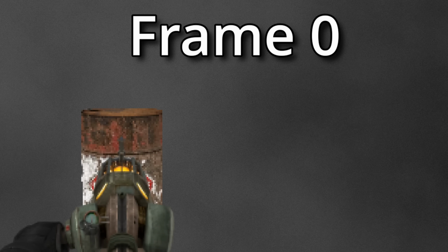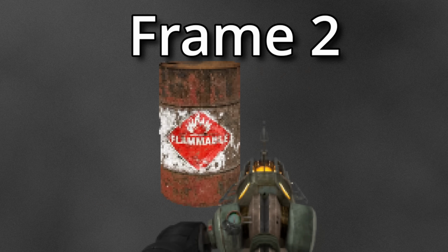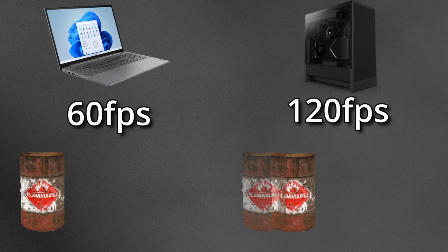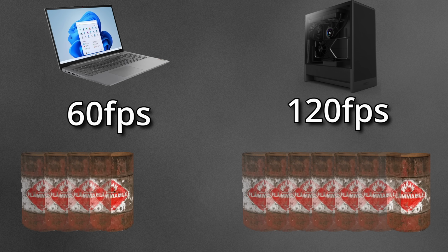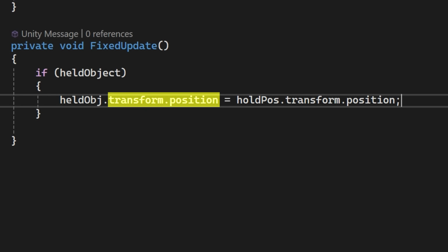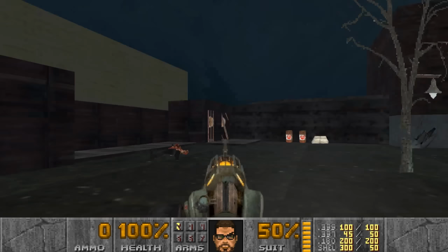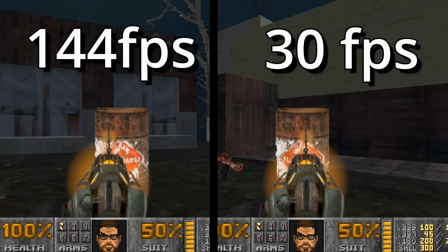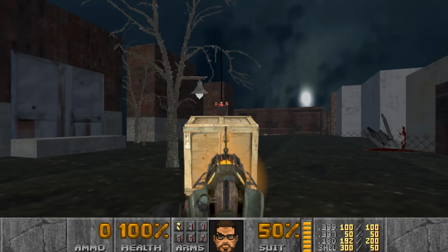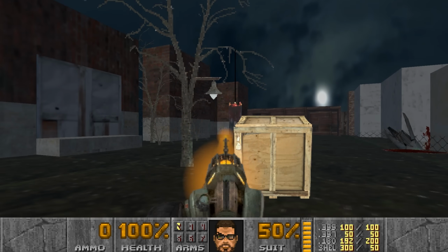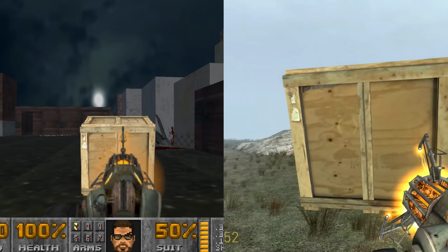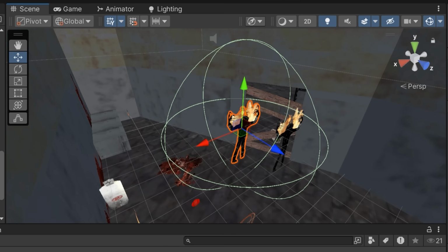The way this really works is it changes the object's transform every frame. So if I had 2 computers doing the same movement at different frame rates, the gravity gun would have 2 different results. So instead of a transform, I'll instead use a rigid body by applying a force to the object to make it move towards the held position. And now it's consistent on all frame rates. And as an added bonus, it now works more like the original gravity gun than the previous version. Now to finish off the project, I fixed some other bugs, and I think we're finally